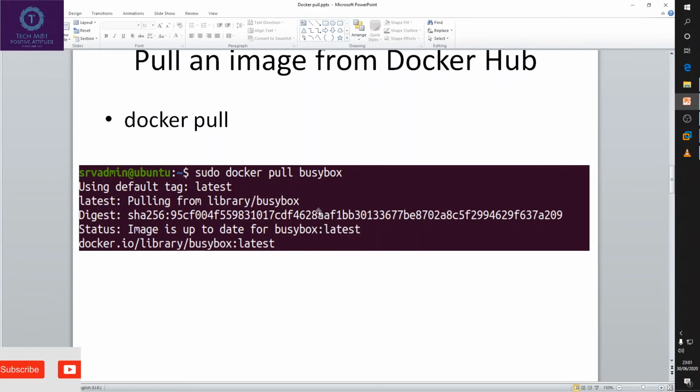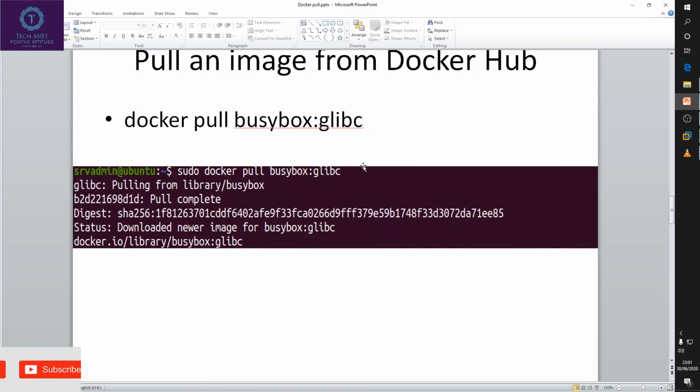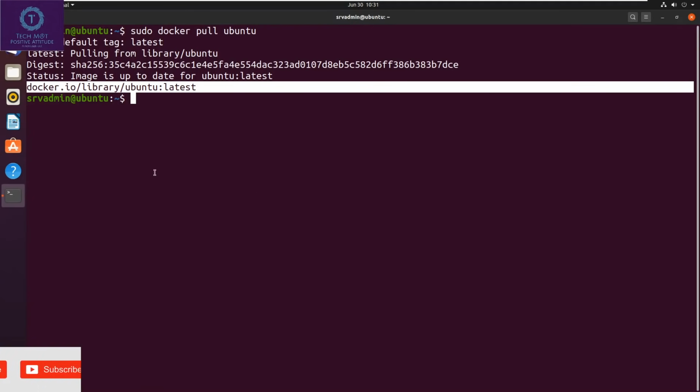This is the basic command that we have run, that is docker pull and the image name. As you can see, this is the output. Next, if you want the image with a different tag, I will show you.